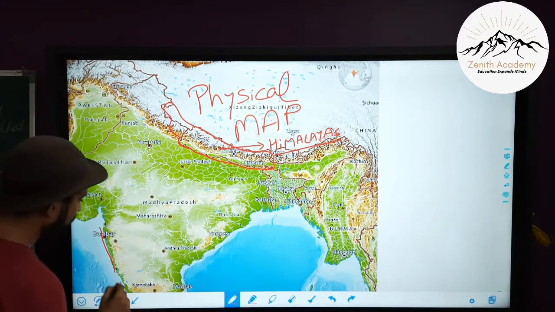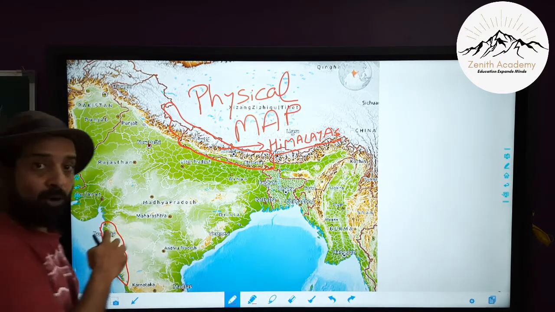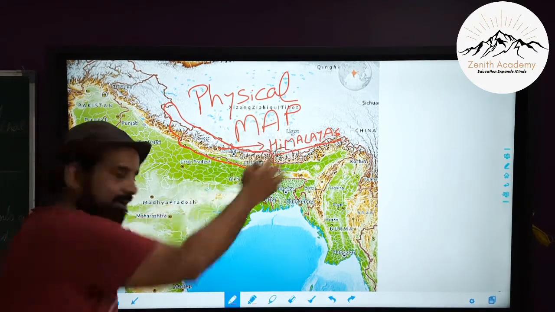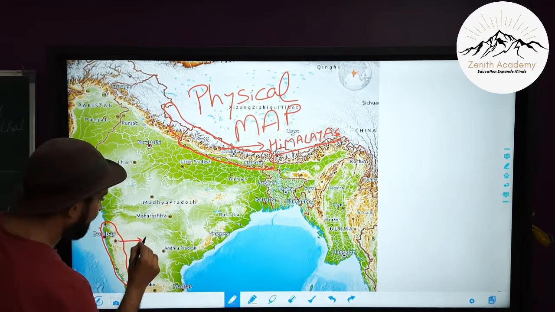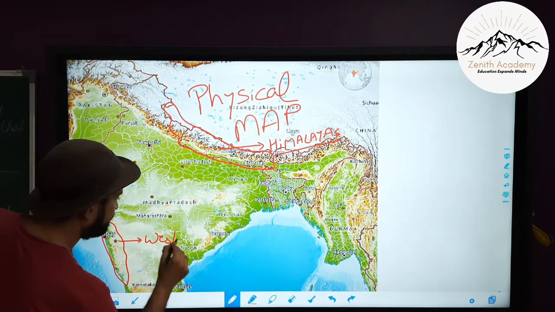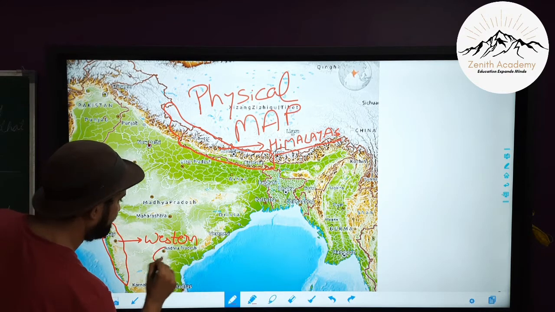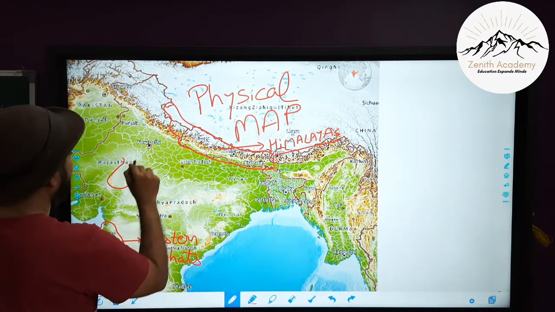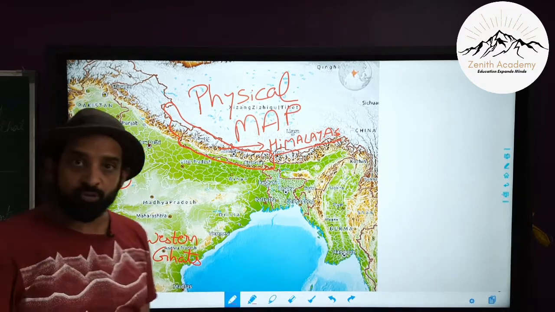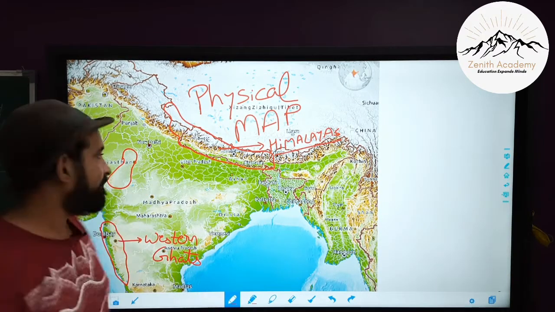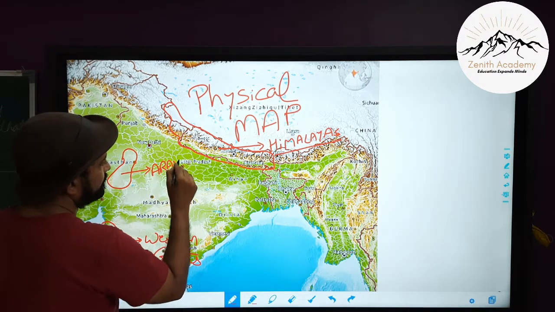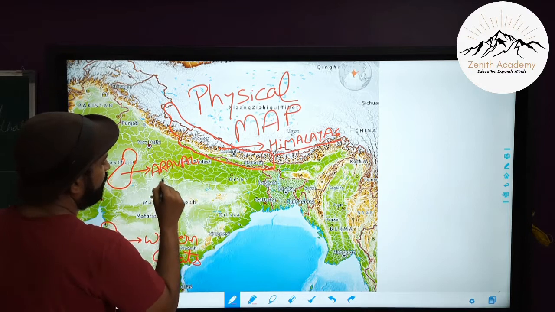Similarly, there are undulations here. There are mountains, which clearly shows that there are mountain ranges here also. Hills, not as great or not as big as Himalayas, but yes, good ones. This is Western Ghats. Similarly, there are some small undulations in this part of the country also, which is very clearly shown on the physical map. Now, what are these mountain ranges? These are called Aravalli Range.